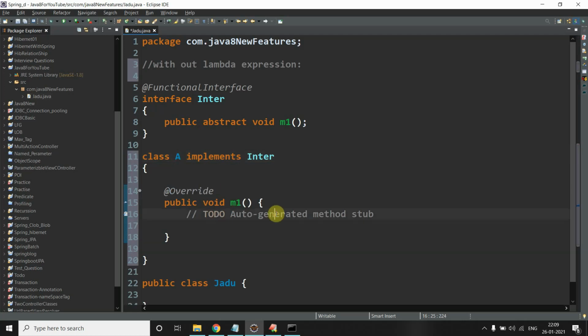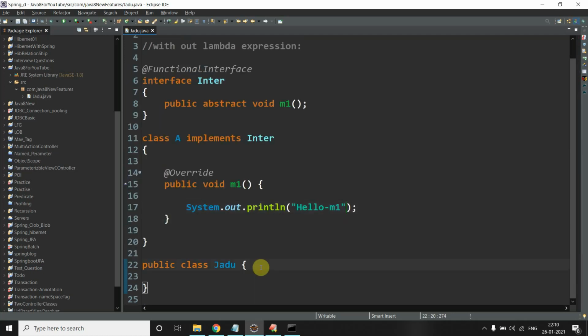I will give the implementation; if you want to delete a line, just press Ctrl D. I want to print hello m1. Now this is my class.